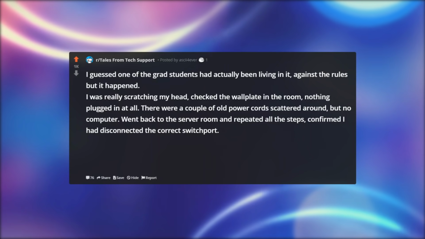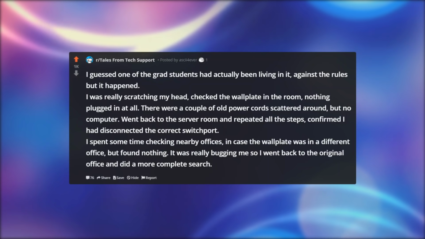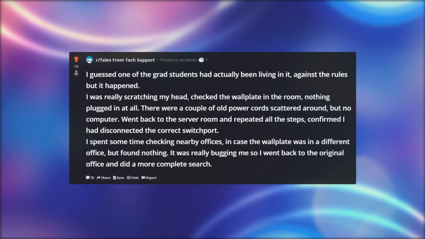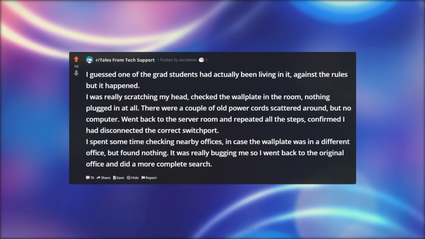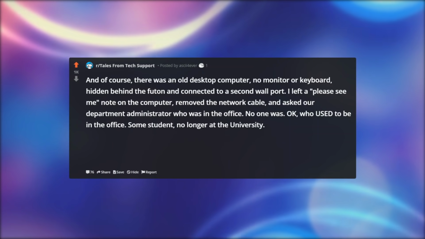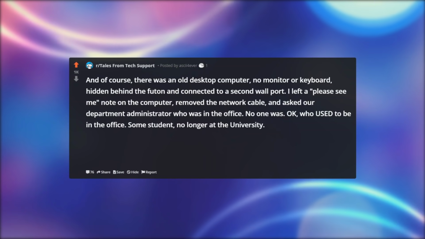Went back to the server room and repeated all the steps, confirmed I had disconnected the correct switch port. I spent some time checking nearby offices, in case the wall plate was in a different office, but found nothing. It was really bugging me, so I went back to the original office, and did a more complete search. And of course, there was an old desktop computer, no monitor or keyboard, hidden behind the futon and connected to a second wall port. I left a please see me note on the computer, removed the network cable, and asked